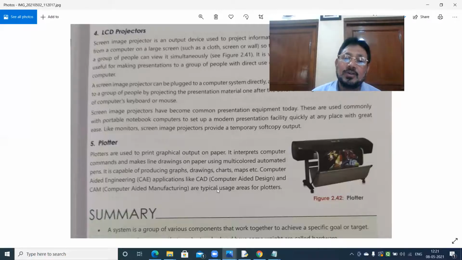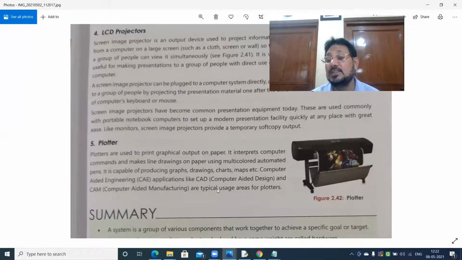Then he will use this plotter. It interprets computer commands and makes line drawings on paper using multicolored automated pens. It is capable of producing graphs, drawings, charts, maps, etc. And this is commonly used by engineering people. They use this device, the plotter, to draw charts, maps, drawings, graphs.